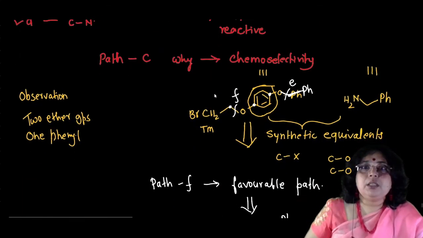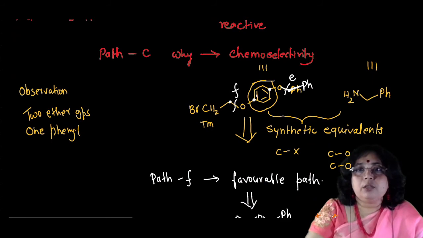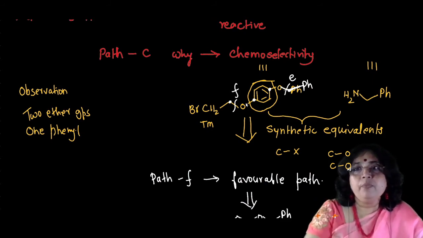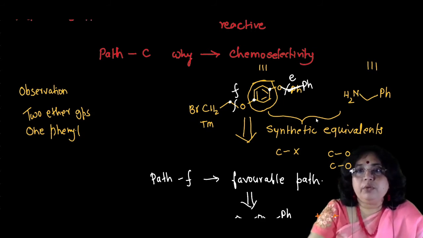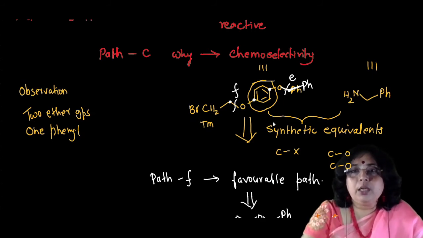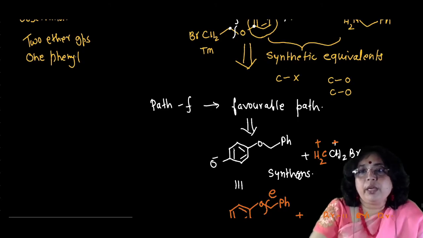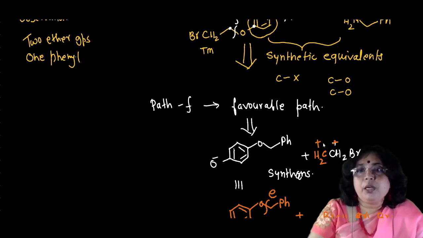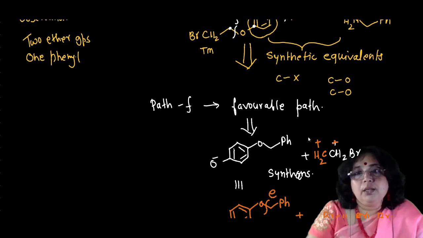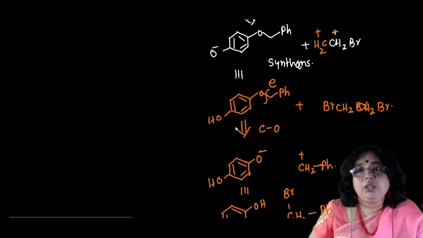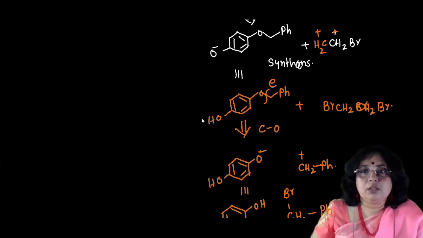Then we have discussed the chemical equivalents. Just putting Br at the other end, and NH2 here, will give you the synthetic equivalents. Now once again we have to simplify this fragment into the simple oxygen, and you will get the CH2CH2Br, which is a carbocation. And then we have derived the synthetic equivalents of this.